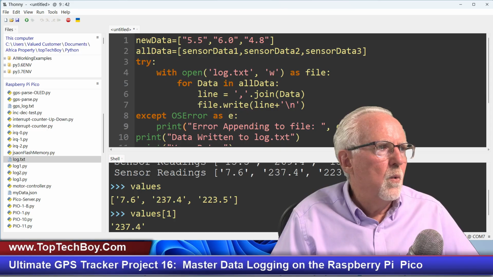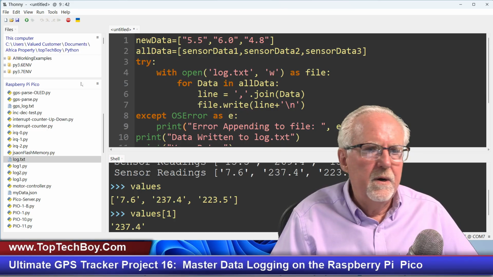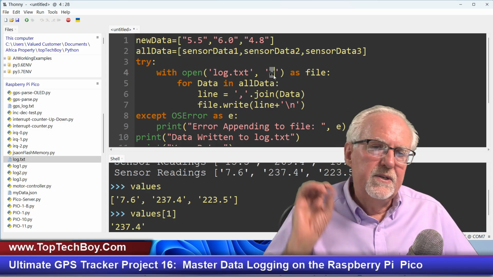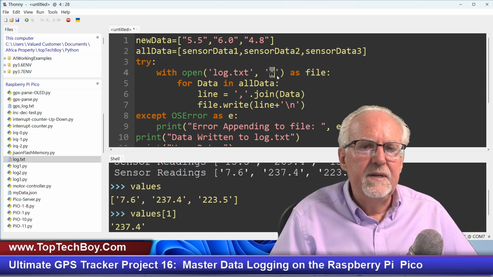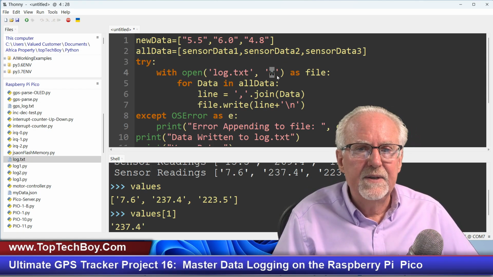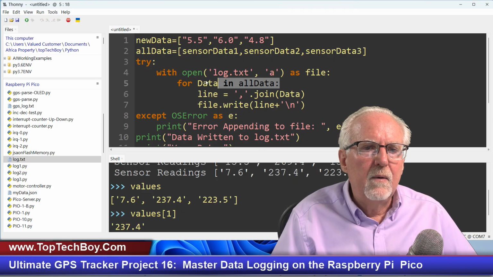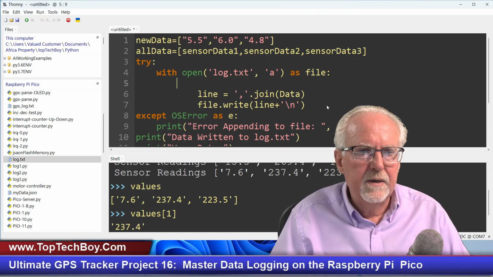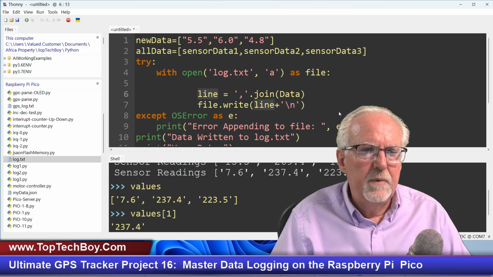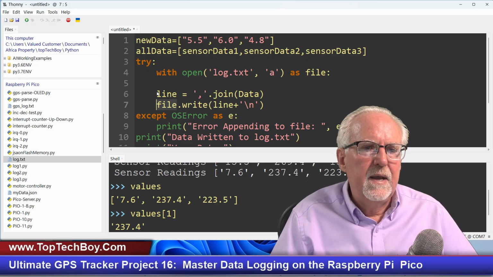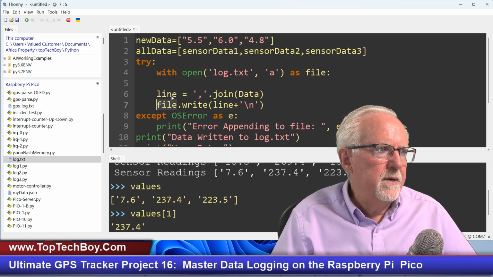Okay, now, what is wrong with our code as we have presently written it? Well, if we open it as write, it is going to erase all of our existing data. We don't want to erase all of our existing data. We want to append, an A, we want to append it to the existing file. Now, we're not stepping through things, so we're not going to do a for loop. But what we are going to do is say the line is going to be equal to